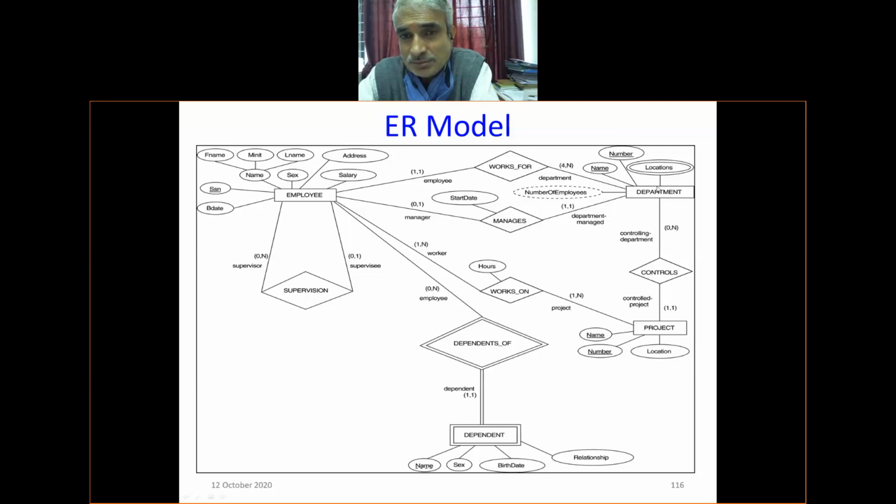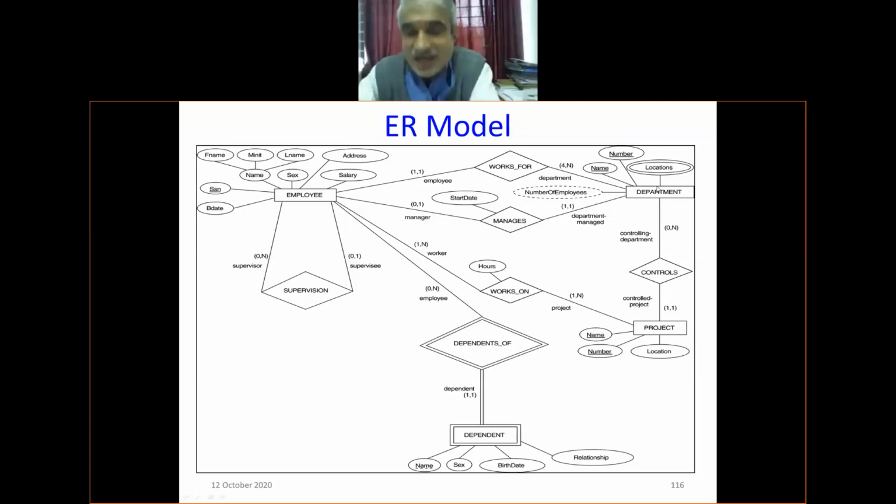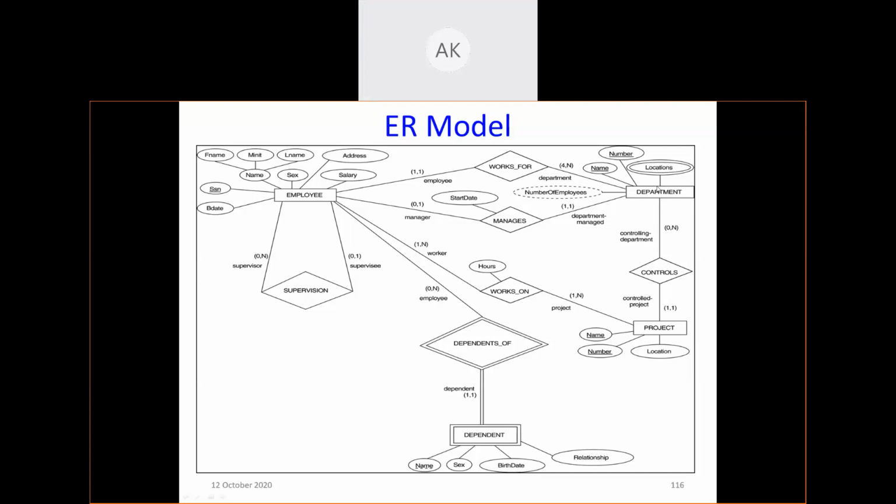So have you started visualizing the ER diagram in the form of tables in DBMS? Hello? Manoj? Arpita? Hello? So, what was your question? Have you started visualizing this ER model in the form of the schema or the tables? Yes, sir. Started. Yeah, that's how you have to look into it.